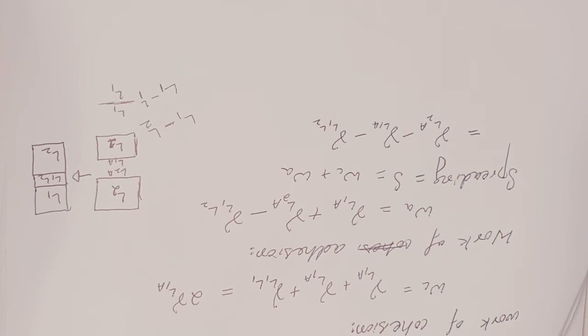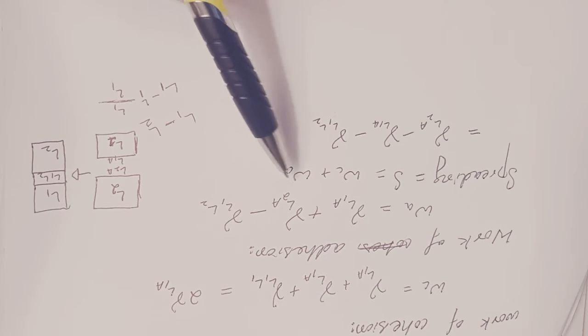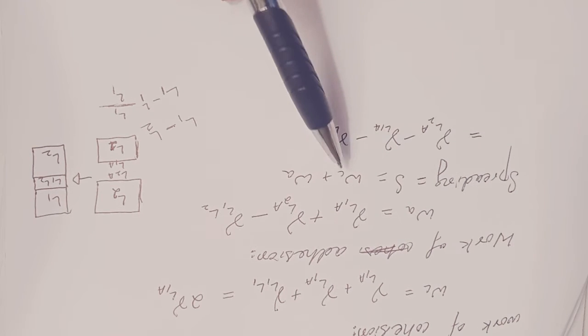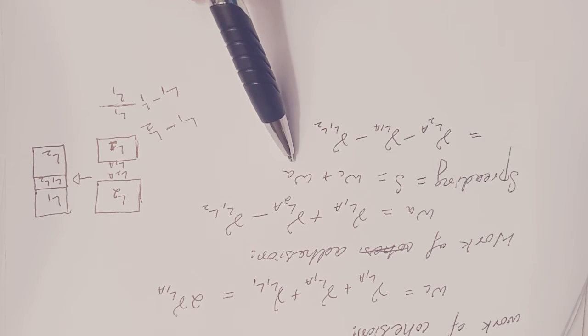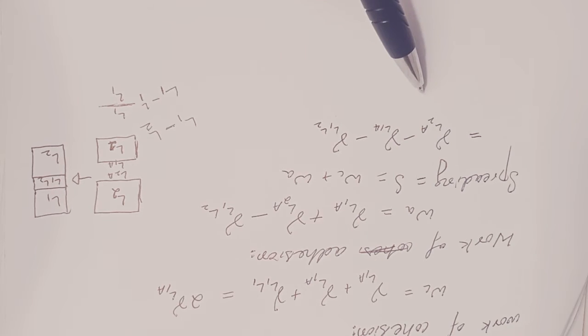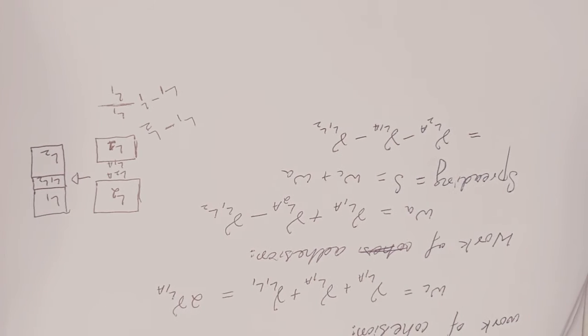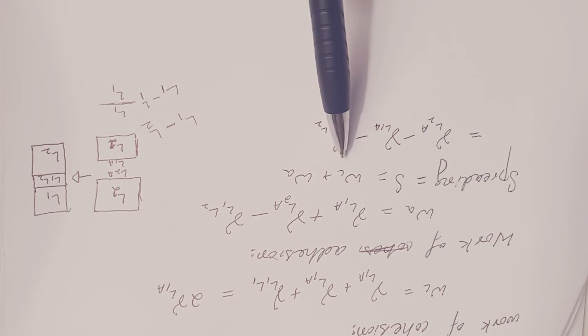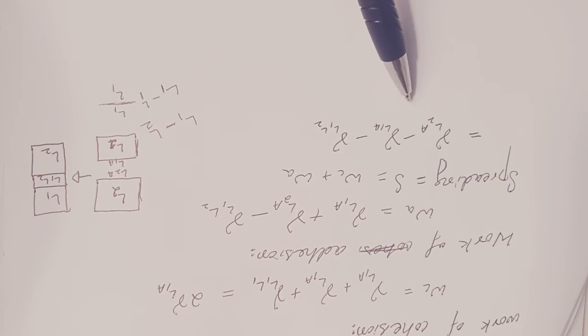This is between two different liquids. So overall, spreading is a sum of work of cohesion and work of adhesion. So here, the total expression for the spreading by combining the work of cohesion and adhesion is the same as we have